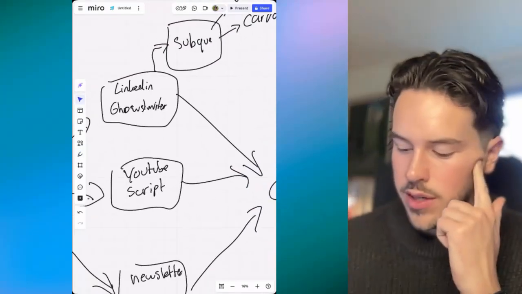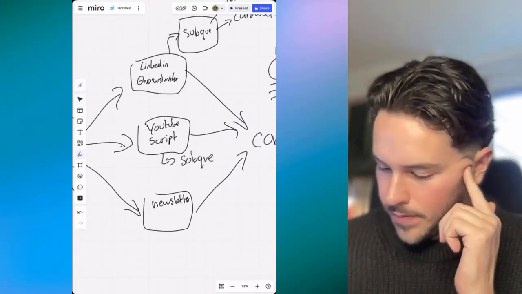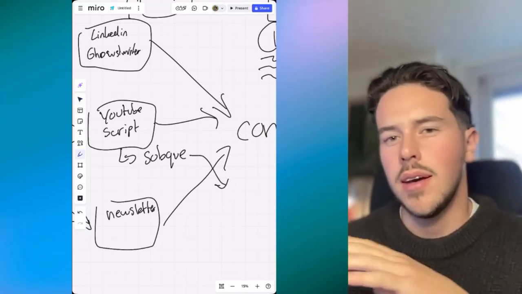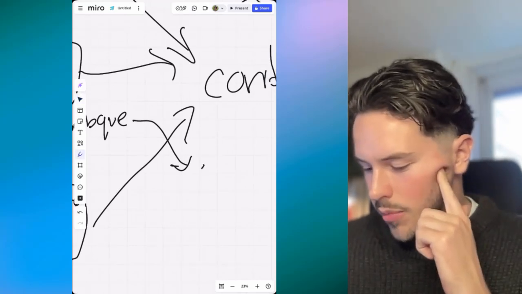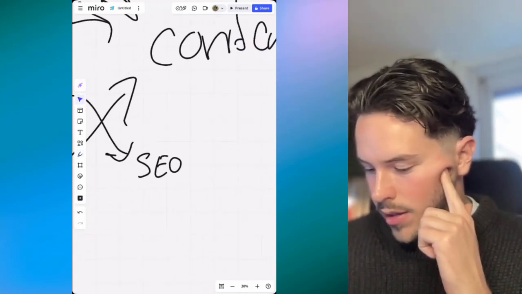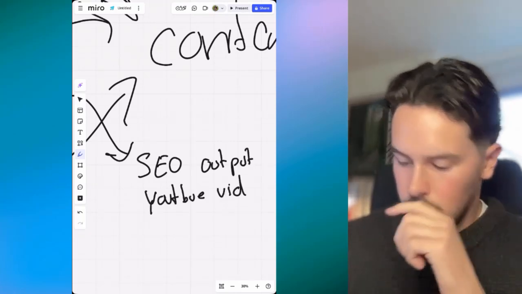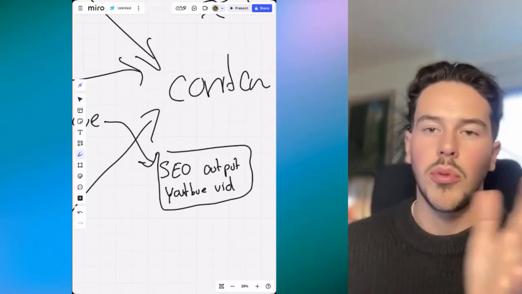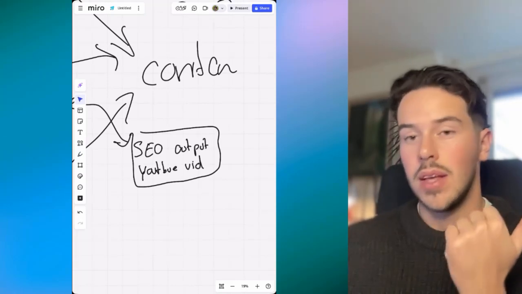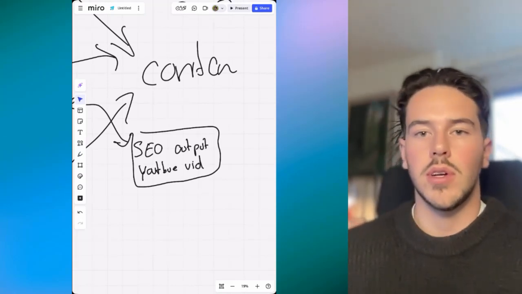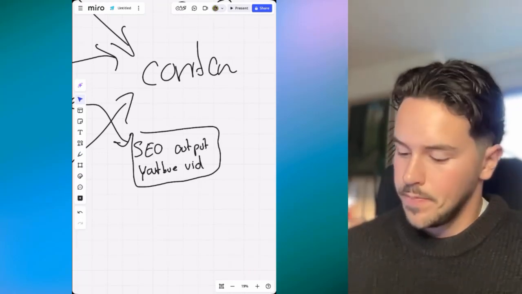Well, for example, we could think of, okay, now we got the YouTube script. We could also make a sub queue here. That's a separate AI automation, for example. And we say, okay, optimize the SEO output for my YouTube video, so that the description and the title are optimized already. You could just put it in. Then we got the script, and the SEO output for the keywords for the title and the description.